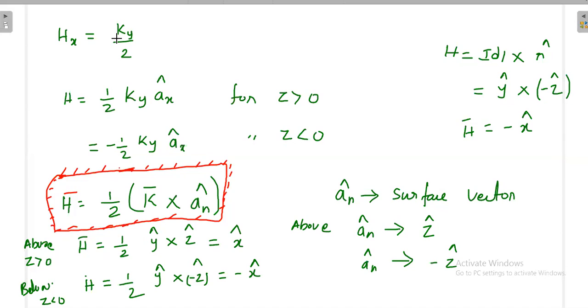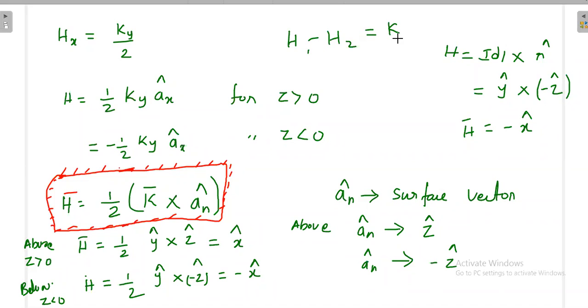That's okay. I am asking with respect to the surface. Is it tangential to the surface or is it normal to the surface? With respect to the xy plane, is it tangential to the xy plane or normal to the xy plane? Your final magnetic field, yeah, tangential. It is tangential to your surface. That's why yesterday also you have seen one formula like this. Whenever magnetic field comes, the difference comes, something like this. Have you seen yesterday?